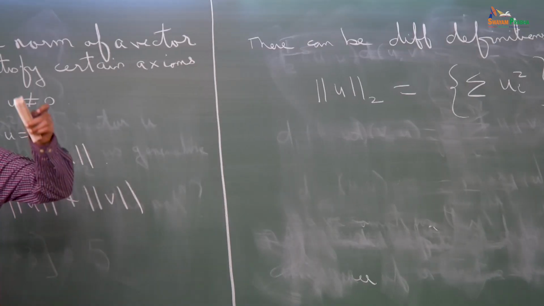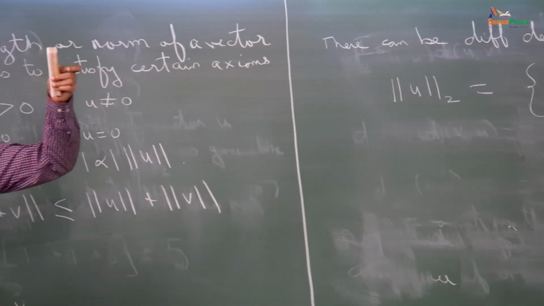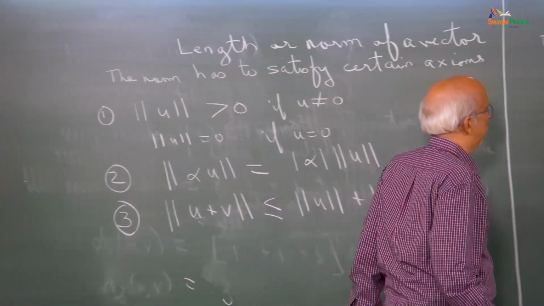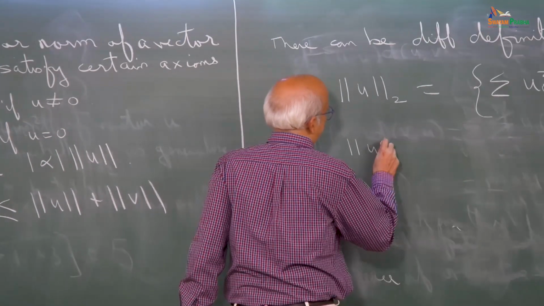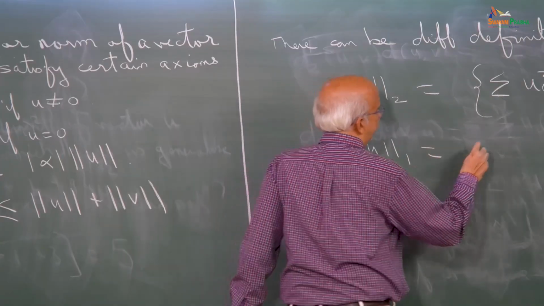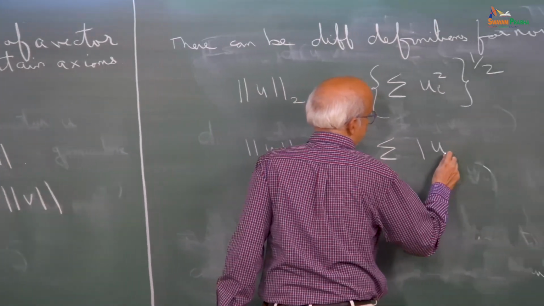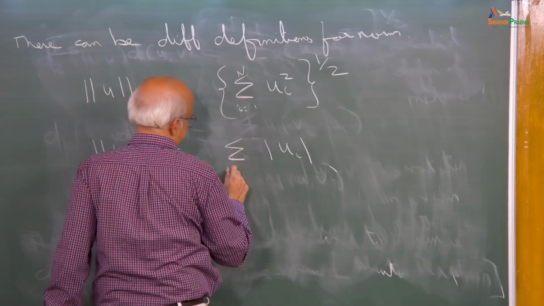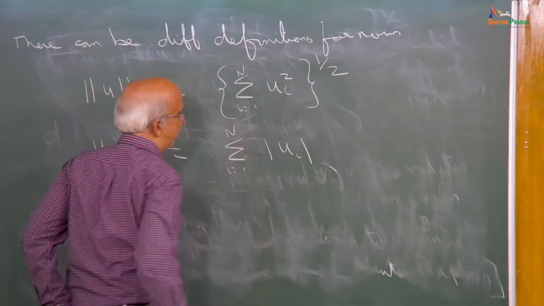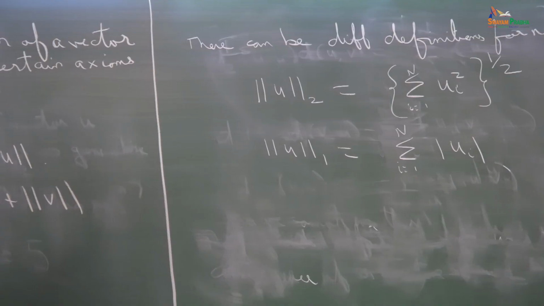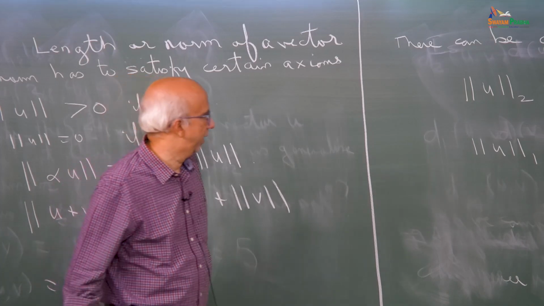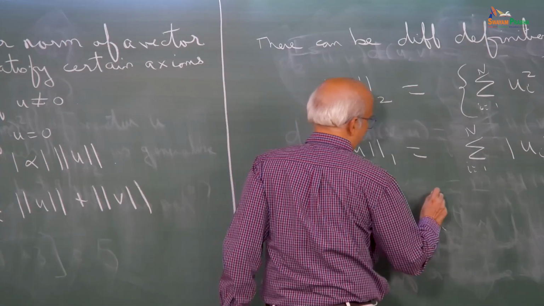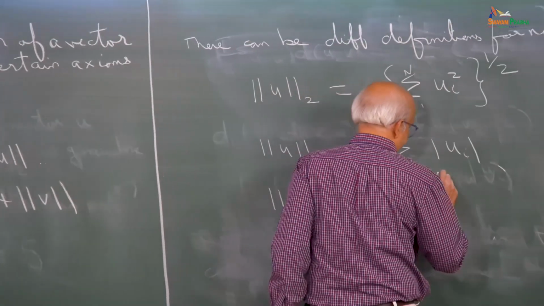Okay. The terminal point of the vector, what is the distance of this from the origin? That is what we said. So, then that could be the analogous thing, which is sigma ui, and all these summations are over the n coordinates. Okay. And then I have the infinity norm, which is the maximum of